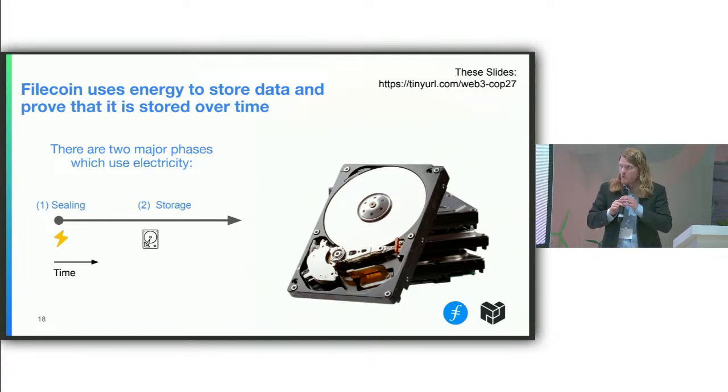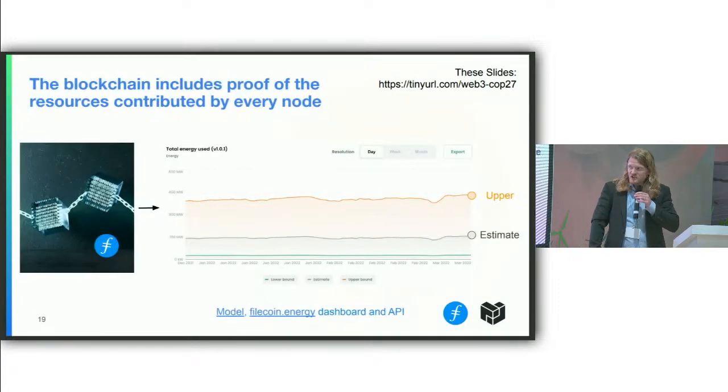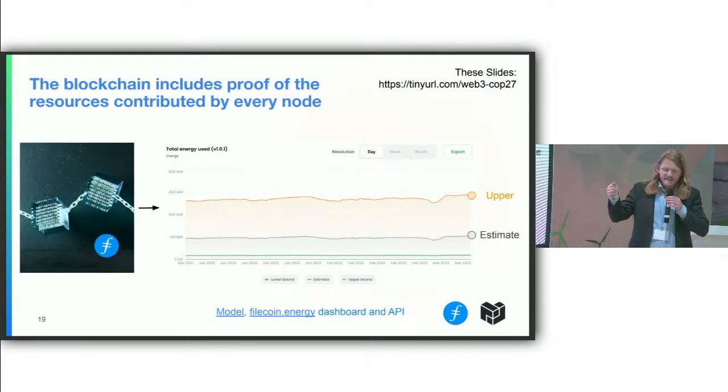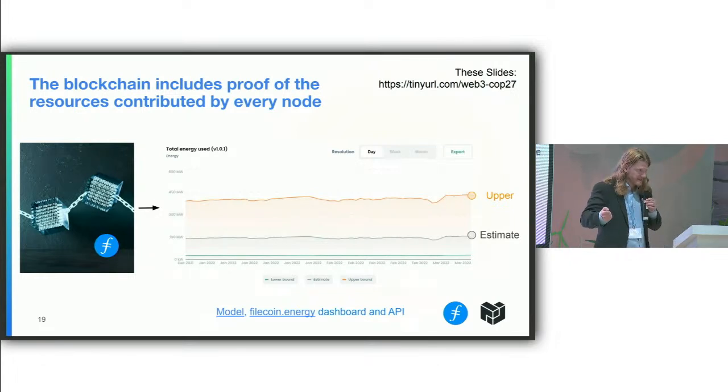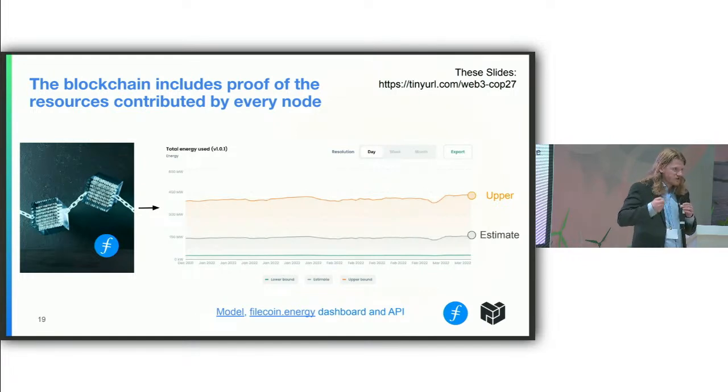And so there are 2 major components to that use electricity. First, there's what's called sealing, onboarding new data to the network. Then there's actually storing that data over time. And so what we're able to do is take that information from the Filecoin blockchain, which is open, it's publicly accessible, and we're able to develop a model allowing us to see for every individual node in the network what their energy use is,